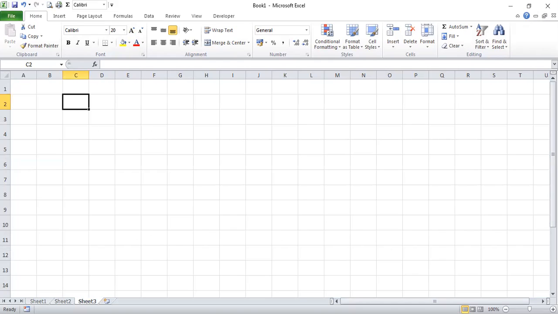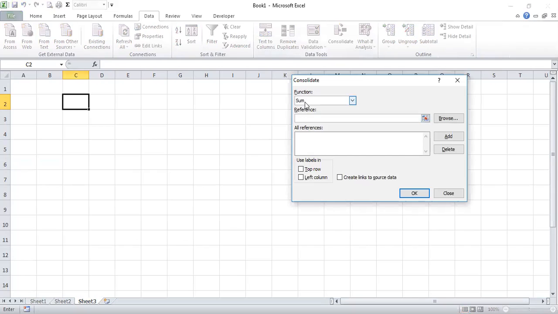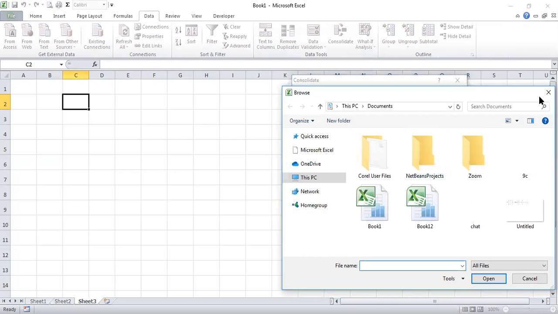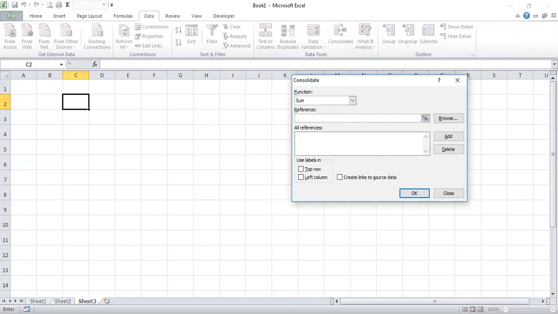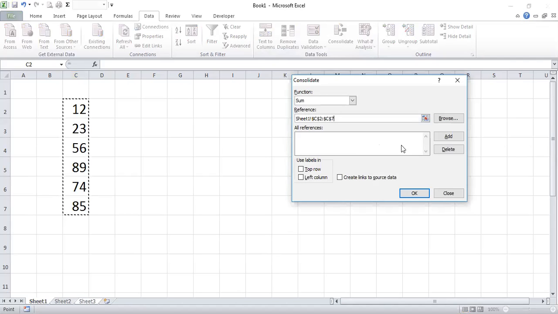So what you need to do is you have to go to data tab, and there's a consolidate button there, right? You see consolidate button in the data tools option. Click here. Now let's say I want the sum of all the values present in sheet 1 and sheet 2. So click on browse, or just click on the reference area, go to sheet 1, select all the values and click on add.